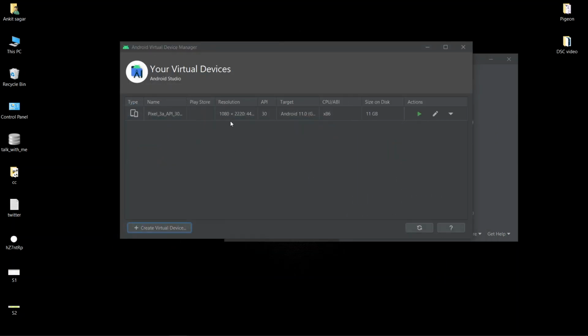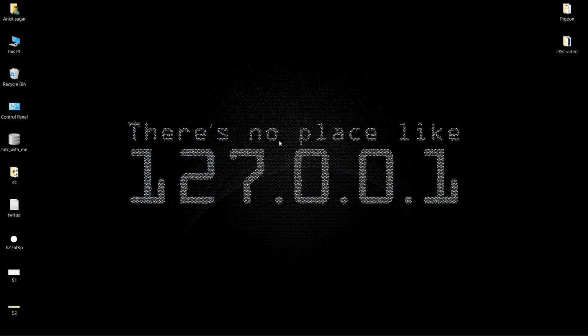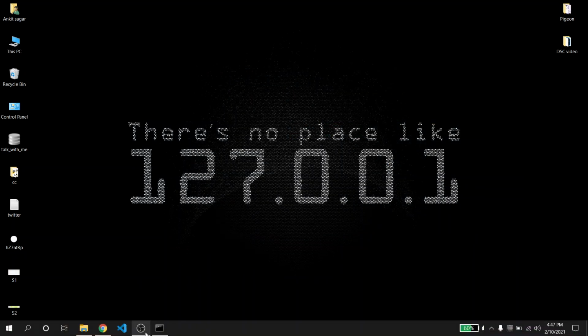Then you will see an entry like this, whatever the name of your virtual device, shown over here, along with the resolution, the API it follows, and the Android version, which is Android 11.0, Google APIs, and whatever size you have assigned, that's your choice while creating it. Then you will have options to launch it. Right now we won't launch it, we'll just close the whole Android Studio. And now coming over to